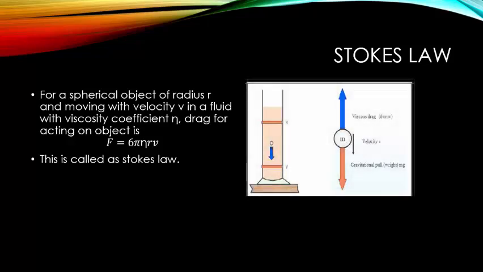Here in the diagram we can see a droplet or an object of mass m is falling through a fluid. This object falls under the action of gravitational pull. While this object moves downward, a viscous drag due to the fluid acts upward, and the acceleration of this object is due to the net force, which can be found by the difference of gravitational pull and viscous drag. As this object gains speed, viscous drag also increases.